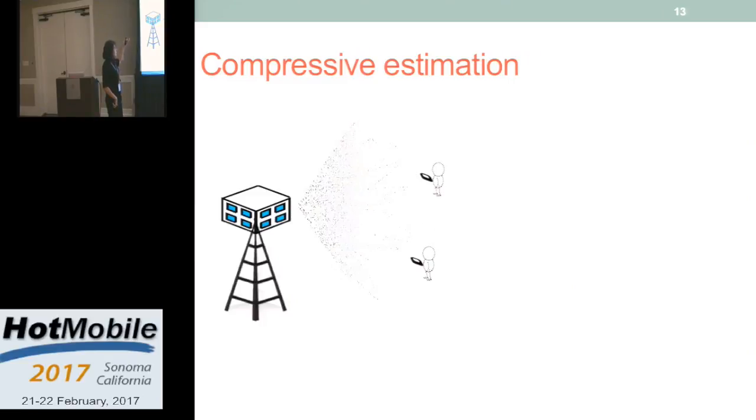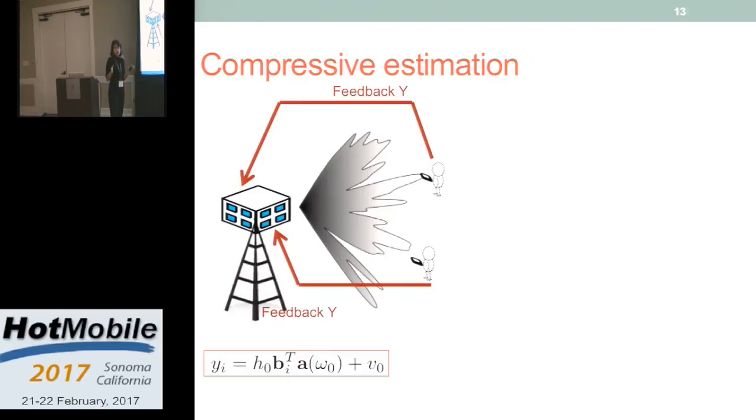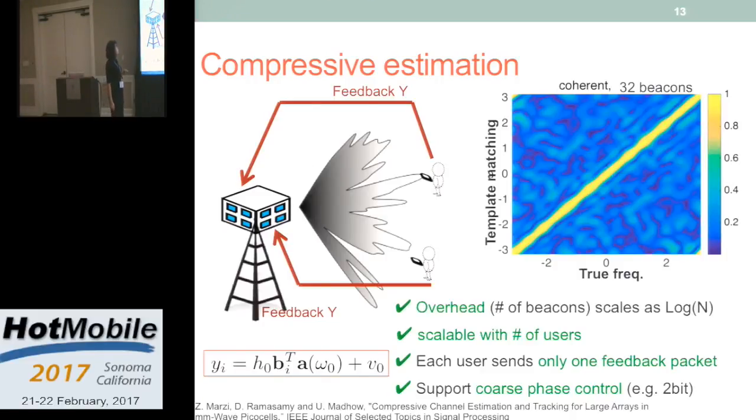So these random projections are random patterns that we're designing to capture the feedback from the user. We are spraying power in different directions randomly. It's not like the scanning approaches, where there are peaks at some angular frequency. We spray power, and then based on the feedback from the user, this Y feedback, we will deduce the angle of the user. For example, this graph is showing the result of this approach.